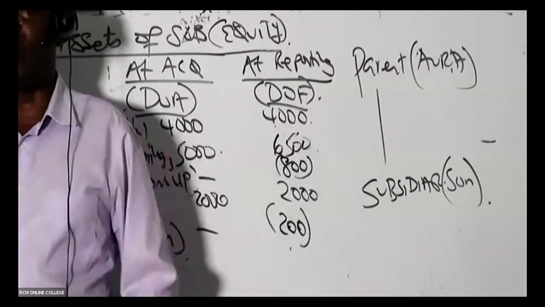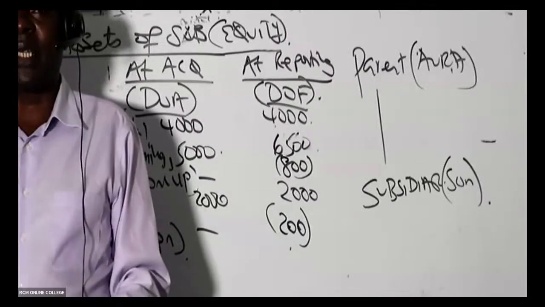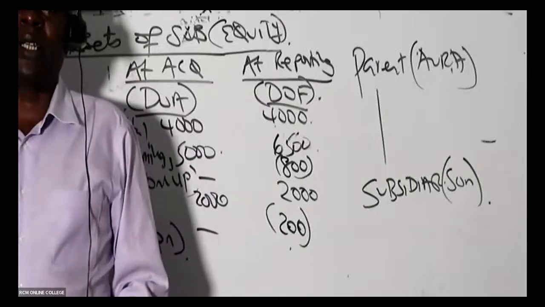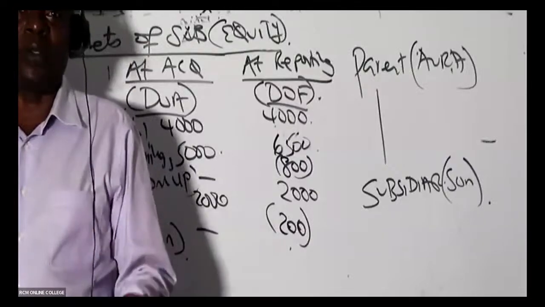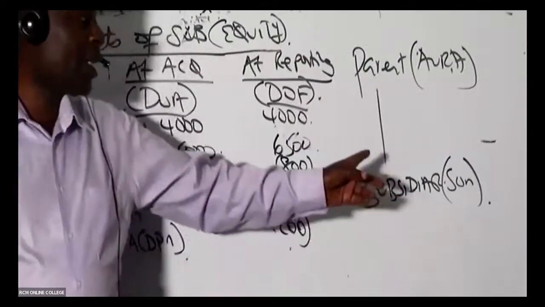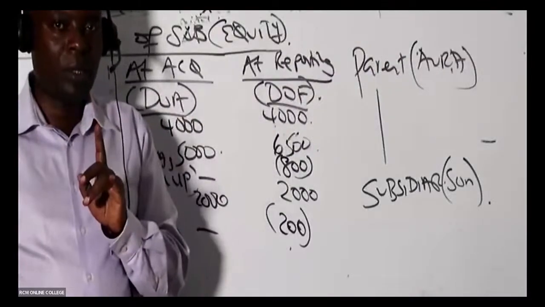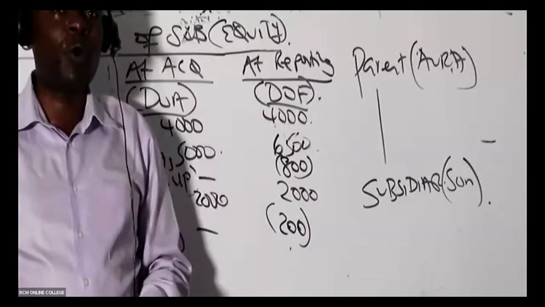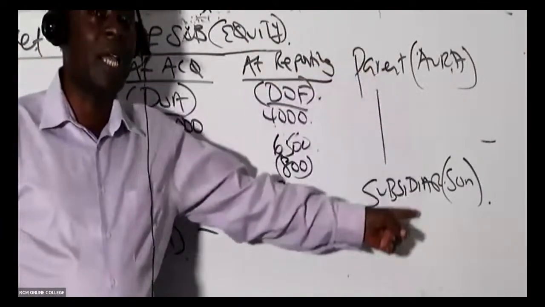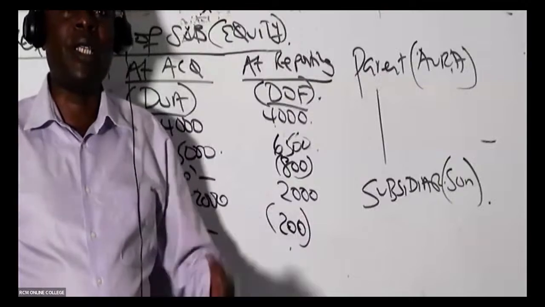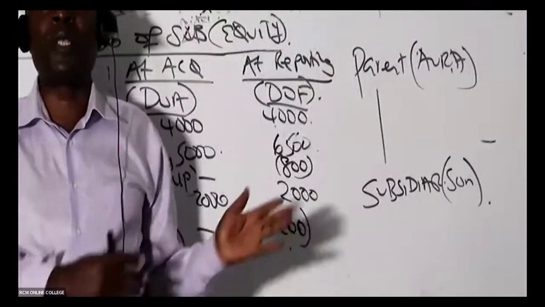Because I want us to use this language of bottom up. Bottom up means reversed roles. When my son, I don't expect my son to do this big kind of business and then he starts selling things to me. When my son sells to me, it's not known as what here? Bottom up. That's abnormal. So in this case here, we have to subtract the UPS. But if it is the father that sold to the son, then this one here is normal. It is top down. That is normal. We don't subtract here.